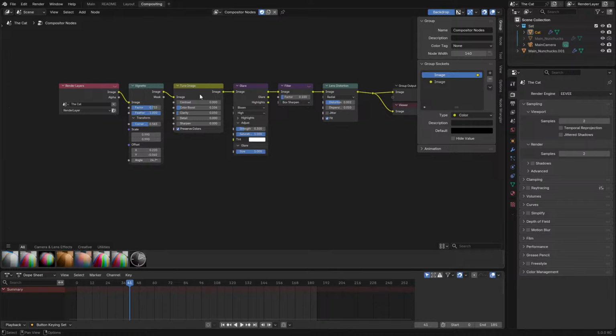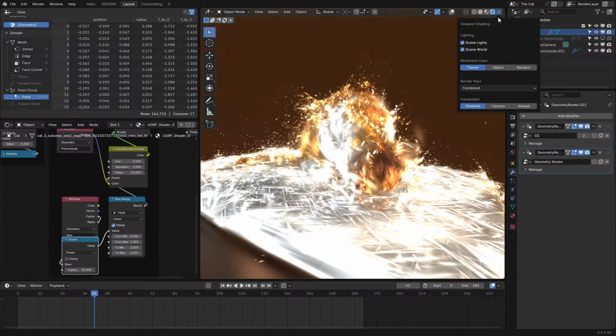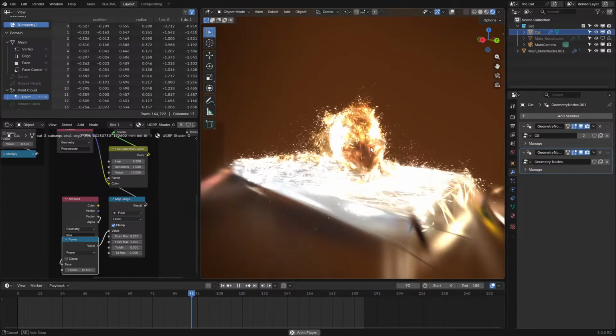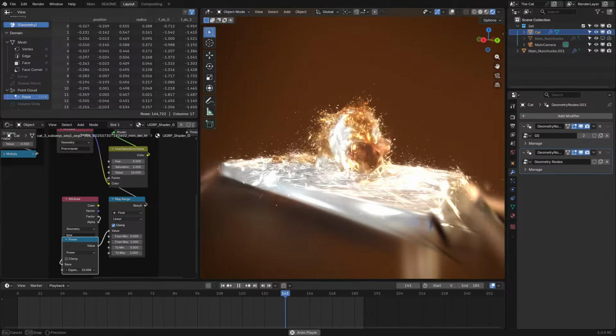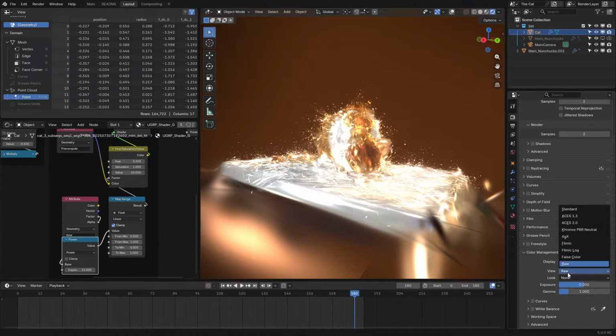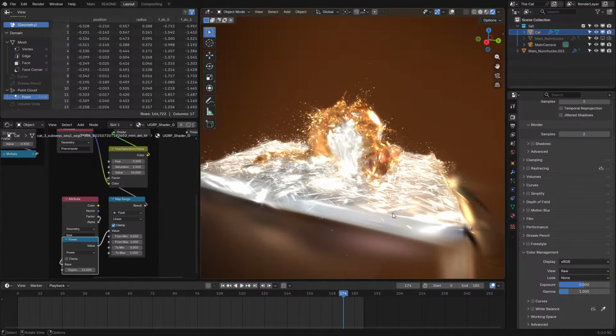General, compositor. Oh, they already had some stuff in there, didn't they? Okay. Let's turn on the compositor and yes. That works out quite well. Now, the one other thing is that this is in the raw color space. If I were to change it to filmic, it washes out the colors, because I'm assuming that,